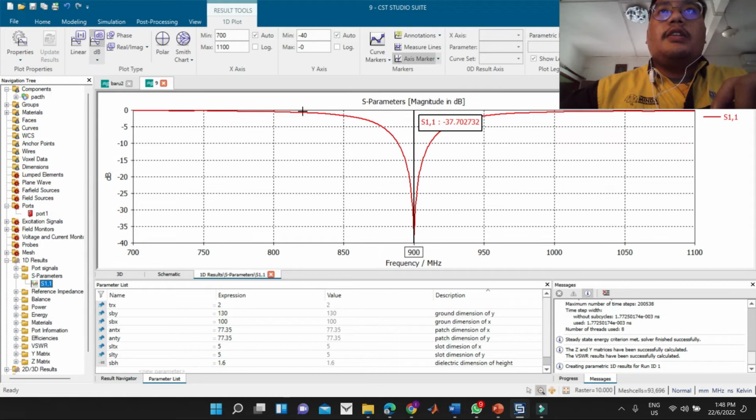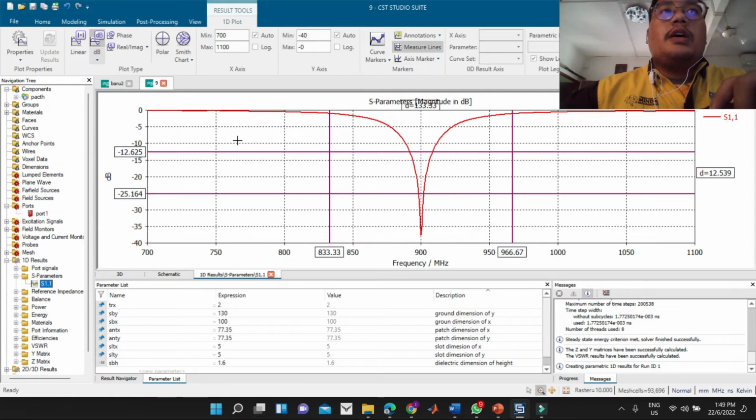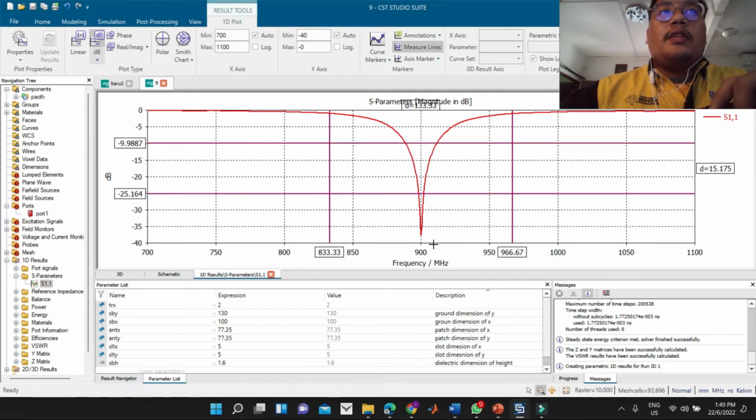Make sure that the resonant frequency is at 900 megahertz, and that it is below negative 10 dB. If it is below negative 10 dB, it means good performance of the antenna characteristic,